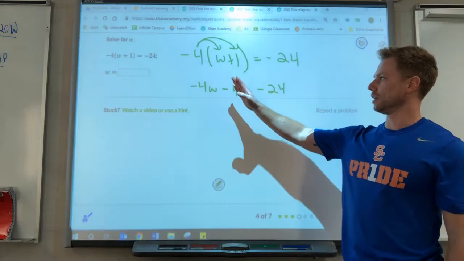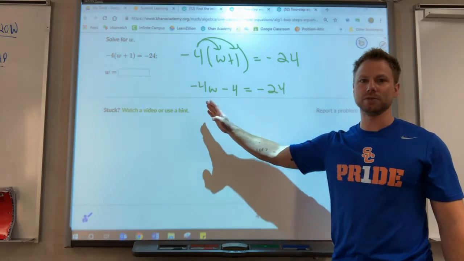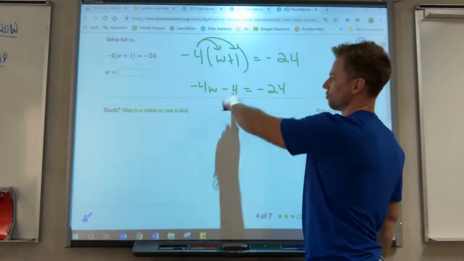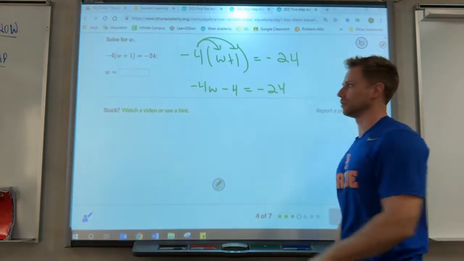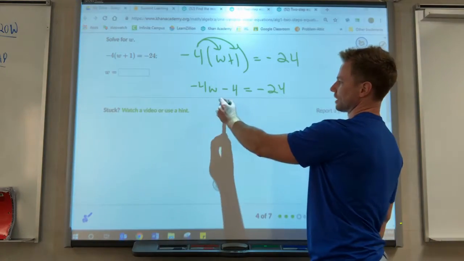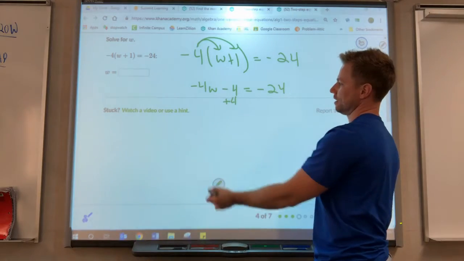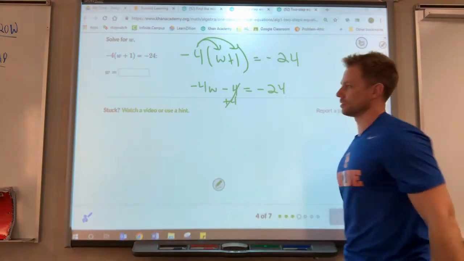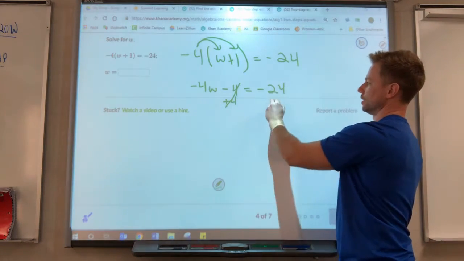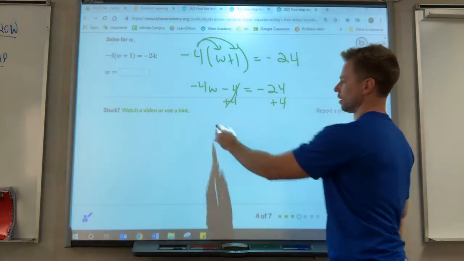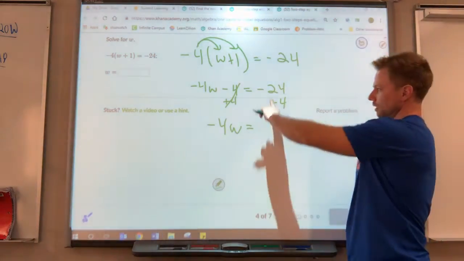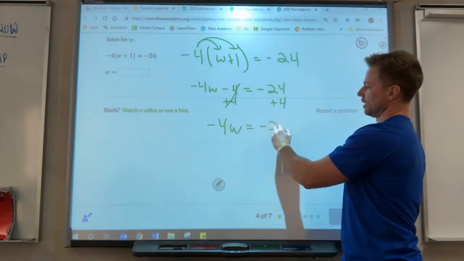So we're always going to get rid of everything that doesn't have a w first, and then we'll get rid of the number that is with w. So that -4 does not have a w. We need to get rid of that by doing the opposite. The opposite of subtracting or a negative is adding, or a positive. So we add a +4. It goes away on the left. What we do to one side, we have to do to the other side. So we add 4. That leaves us with -4w equal to